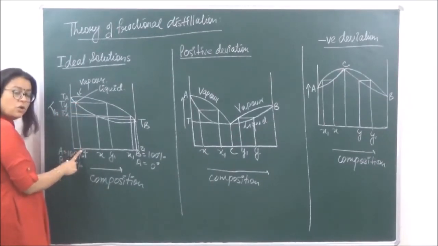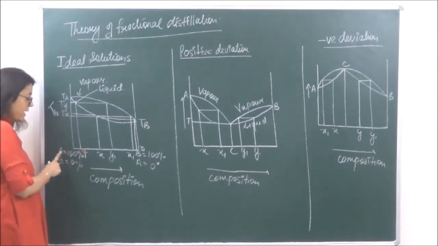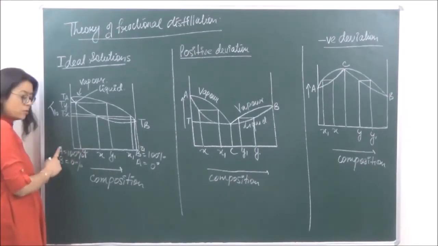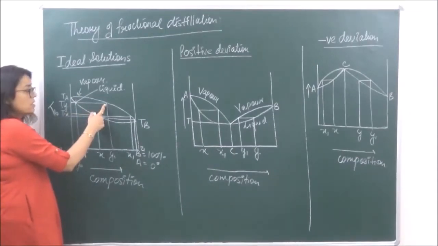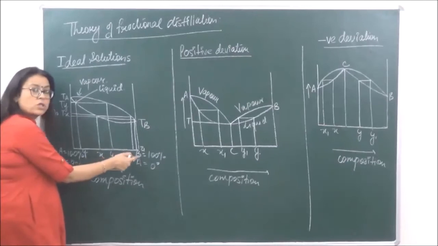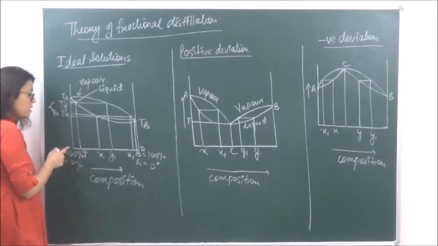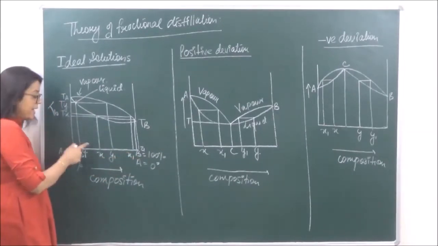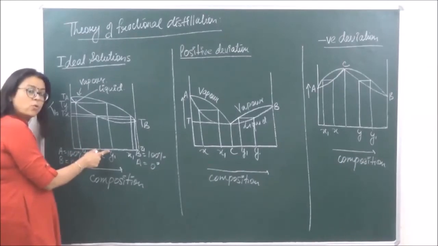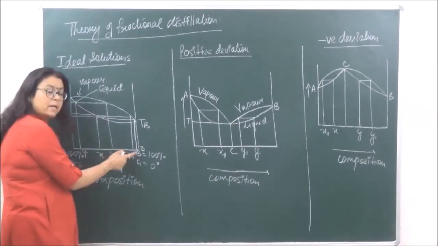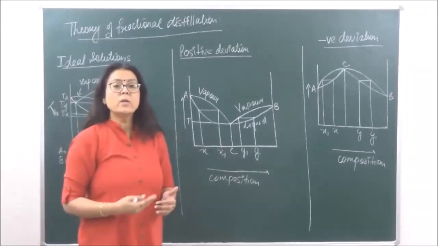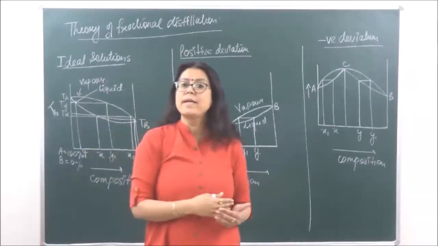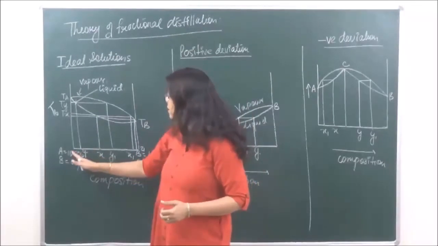the composition of the liquid, that is Y, right, which is again closer to A. So the liquid is again closer to A and the composition in the vapor phase is closer to B. So the liquid is going to be rich in A and the vapor is going to be rich in B. Slowly and gradually, as we keep heating, the liquid will keep on becoming richer in A. Now if we further heat